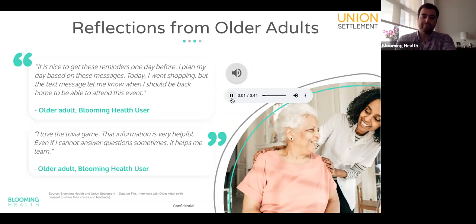Like the reminders, because they indicate when it's on, and everything is right there. So if I want, like, they give you a day prior. Sure. Like if they're gonna have an event Thursday, they'll send it to keep you abreast. I'll say to myself, oh, I know this class is gonna start, but then when I look at my text, so it's really helpful. Oh, it's so good because I like when they text the information, the link is right there. Yeah. All I can do is click on the link. That's so convenient. I love that. I see. Okay. But other than that, I think it's wonderful. I love the trivia